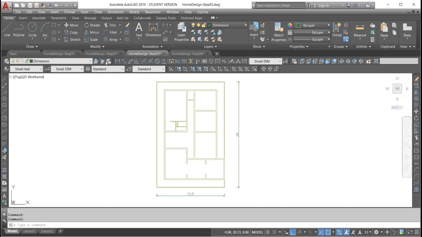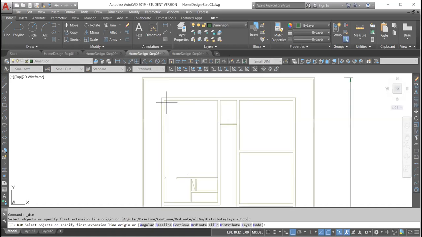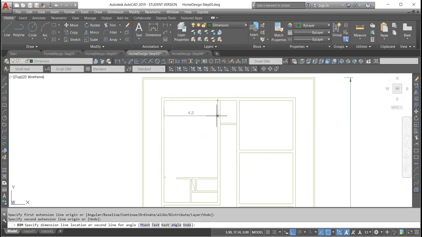Now, if I add a dimension using this style, he asked me about the first point. I will say that this is the first point, this is the second point, and I will put the dimension here. So this is a normal dimension. Now I want to add other dimensions on the same line using continue dimension. I go to annotate,